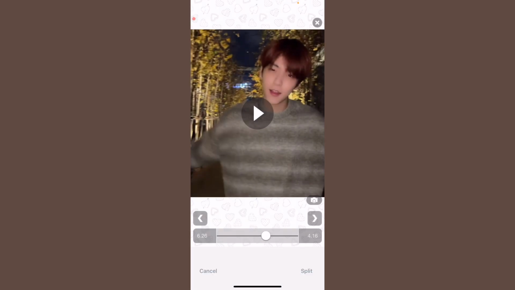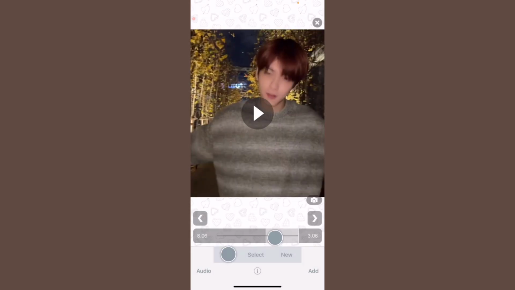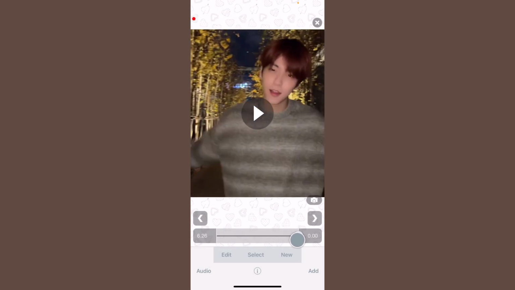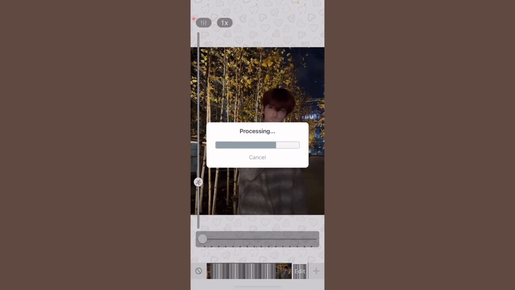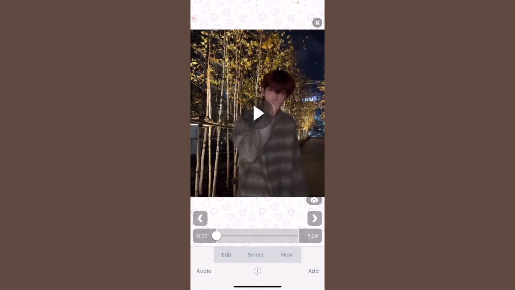But then what I do is I just cut out the end if it's too long. And after I like how it looks, I click on new, then re-effect, and then click flicker. And I don't want the flicker to be too noticeable. So I put it down by just using the little slide thing, the